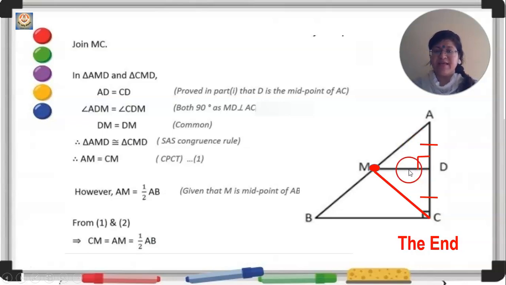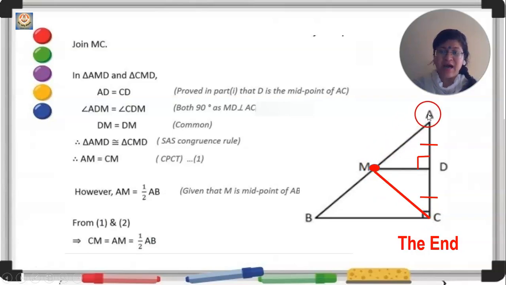Therefore, triangle AMD is congruent to triangle CMD by SAS congruence rule. Because this is side, angle, side. Since the hypotenuse is not shown congruent, it cannot be RHS. Now, after writing down the CPCT, the next step is, therefore, AM is equal to CM, which is a part of CPCT. But you know that